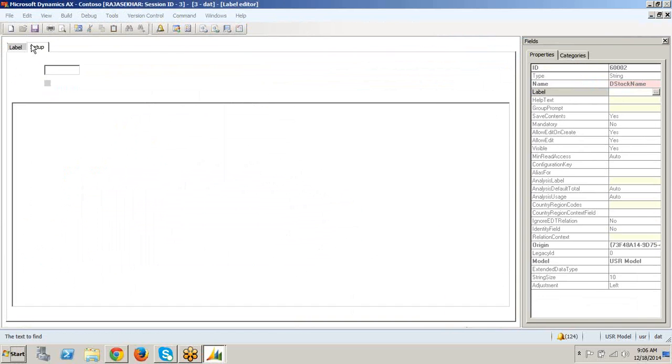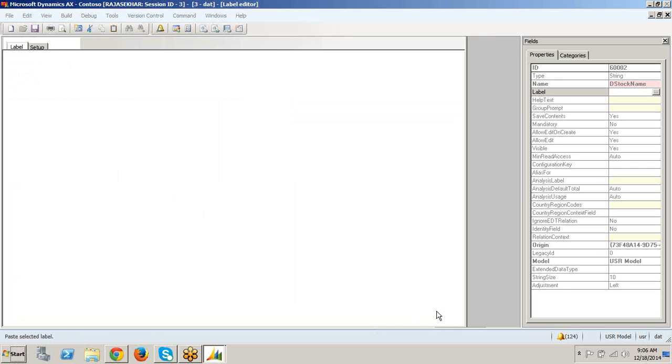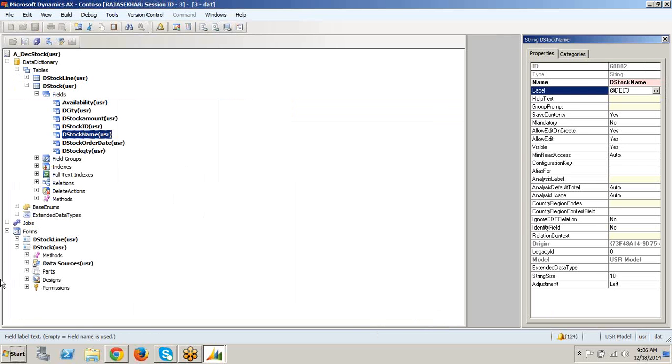Let us do another name. Again, stock name, STOKNAME. Paste label. I got DEC3.